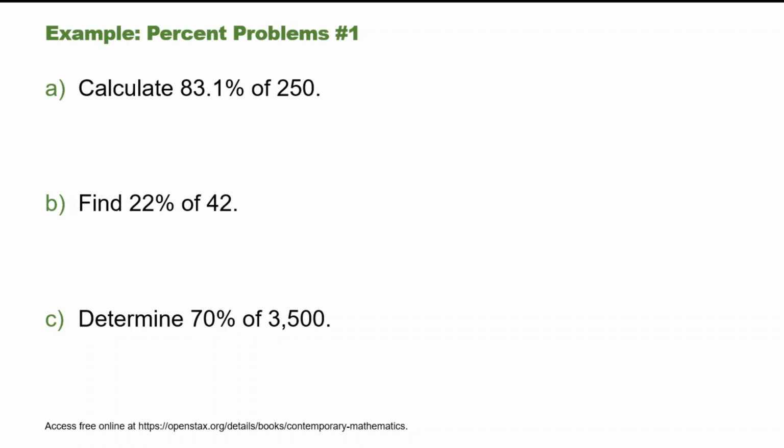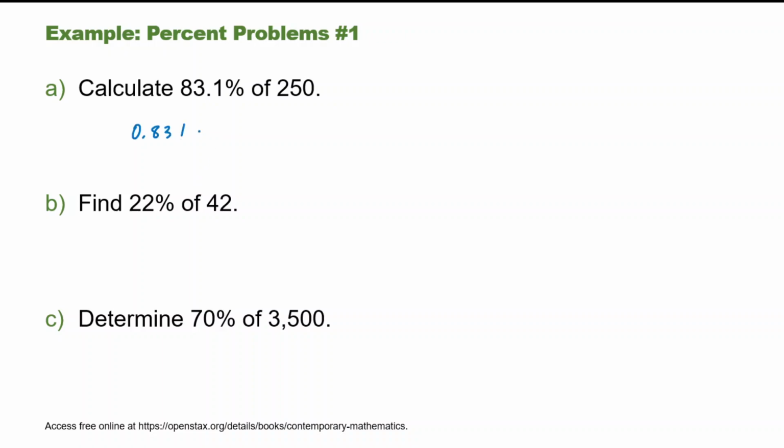Example, percent problems number 1. Part A, calculate 83.1% of 250. In order to calculate this, we need to remember that part equals percent times total. So we have a percent and a total. So our part that we're concerned about would be equal to